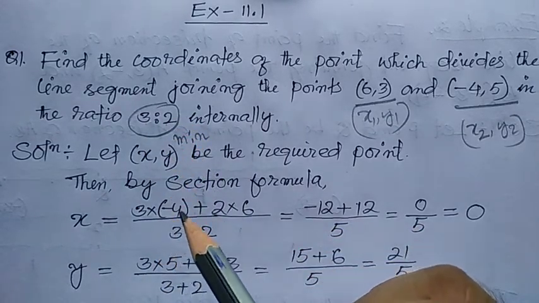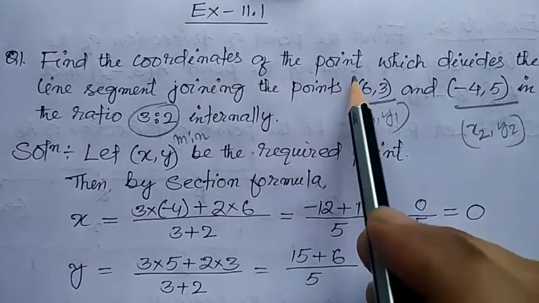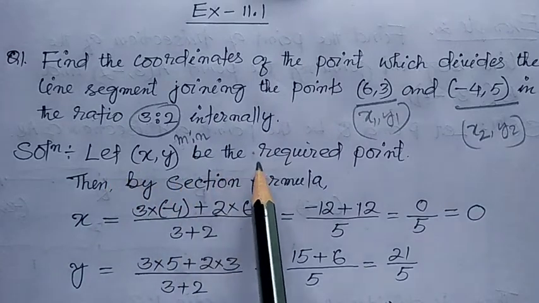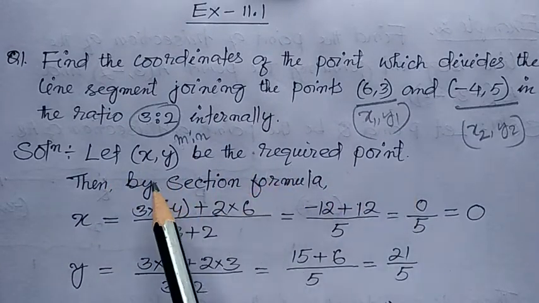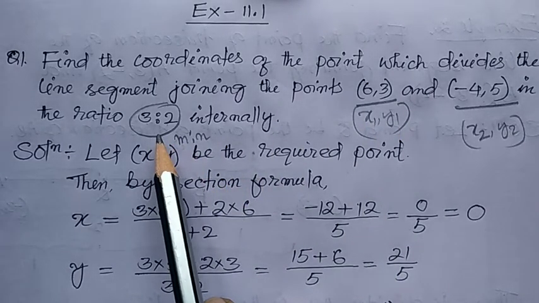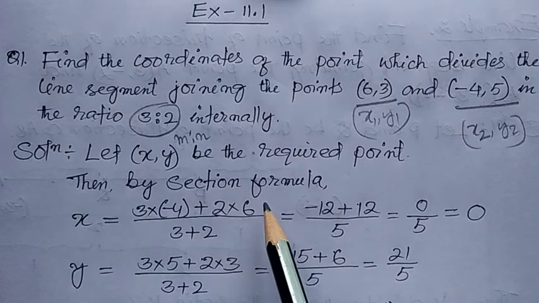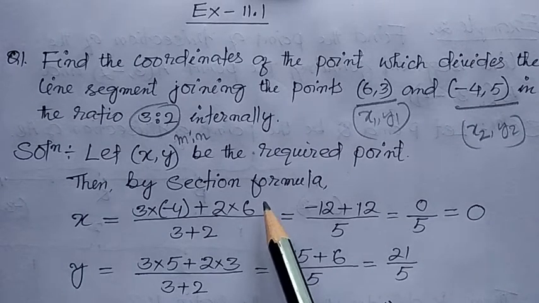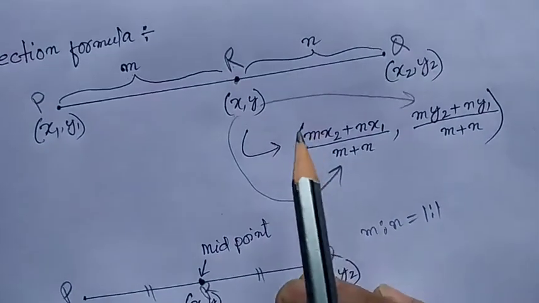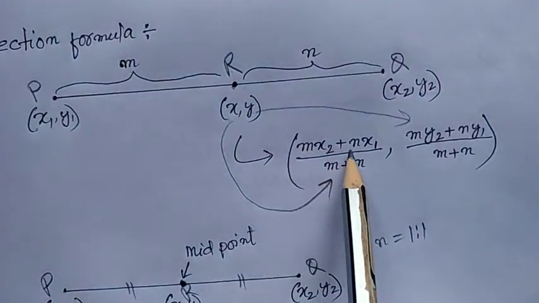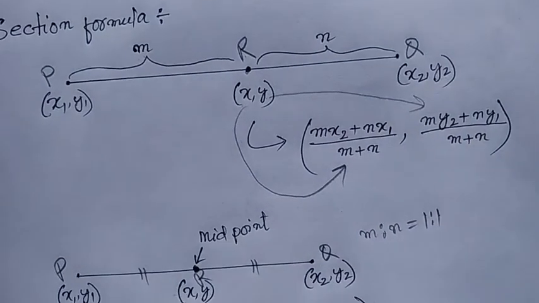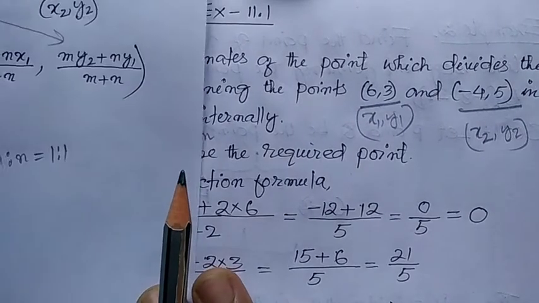Now we are going to use the section formula to find the coordinates of the point of division. Then we start, let x, y be the required point. Let x, y be the coordinates of the point which divides this line segment in the ratio 3:2. Then by the section formula, we will not write again the exact section formula here. According to the section formula, the x value is (mx2 plus nx1) divided by (m plus n), and similarly for the y value. So now to find the x value, let's see,